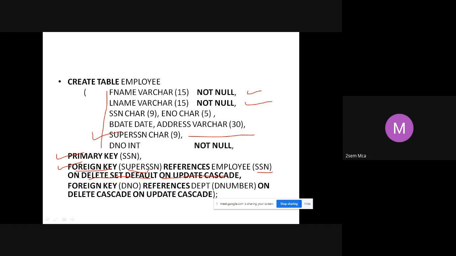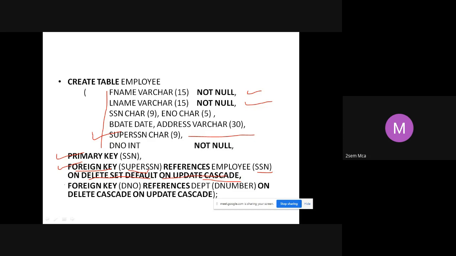That means if you are going to delete this, anything related to this super SSN, which is a foreign key, you have to set some default value there. If you are updating, you should cascade. If you are updating this value, you should update it everywhere it is used. That is what we mean by on update cascade.